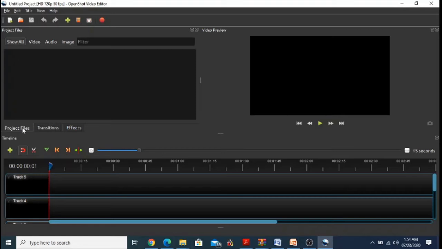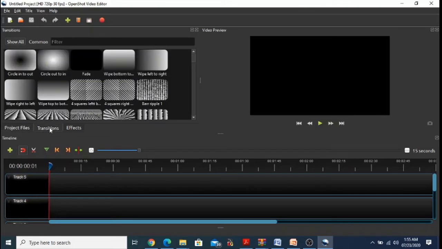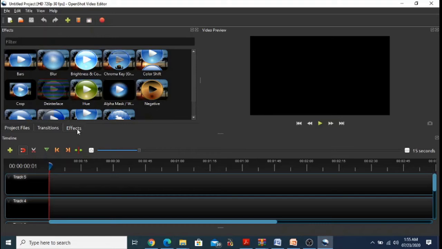Project files contains all the audio, video and image files that have been imported into your project. Transition tab contains all the visual transition effects that you want to apply on your title slides or on the videos, and this tab contains the visual effects.